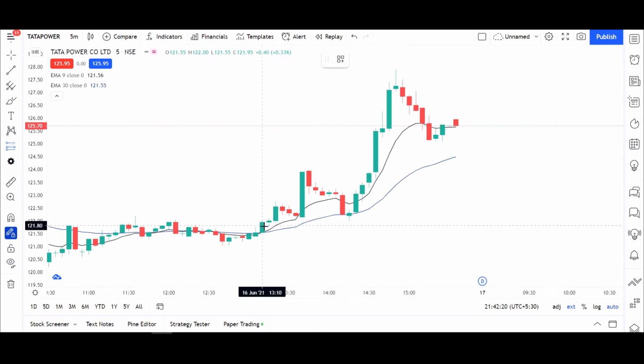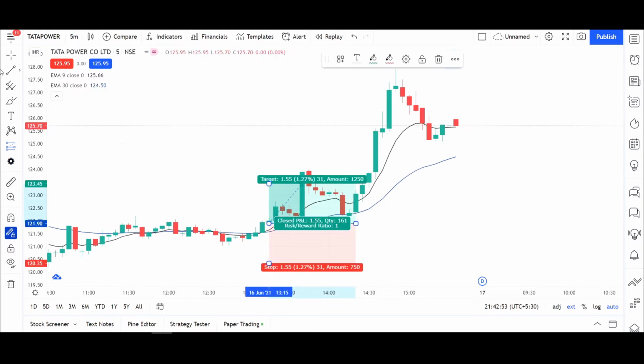As we can see, our next candle is taking support from the 9 EMA. So that is why I decided to enter here. It created a buy signal, then it stayed above the 30 EMA, taking support from it, which indicates that the market may take a big bullish trend. So that's why I decided to enter on the next candle at around 121.90. So this is where I entered.